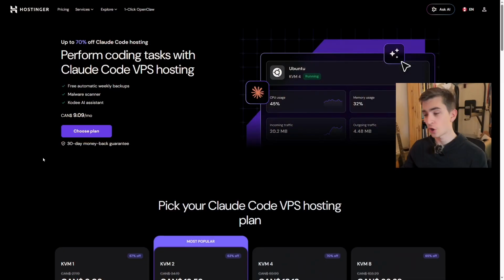So the tool we're actually going to use to host this in the cloud is called Hostinger, and it does most of the setup for you, so even if you have no technical background, it's fairly easy to jump right into. Now, what you're going to want to actually do is just either click the link in the description below or type in our code, and you're going to see that you can perform coding tasks with Claude Code VPS